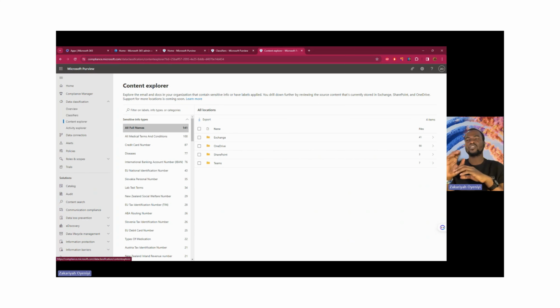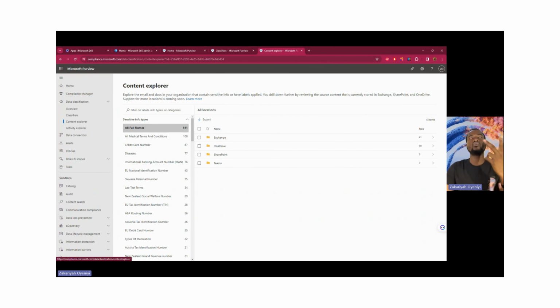Then also, there are some specific required roles, right? Apart from your global admin, each admin center within Office 365 has its own administrative roles. So, as a global admin, there are some actions you might want to carry out from the compliance admin center that you must be a member of a particular role to be able to carry out. For instance, for Content Explorer, you must be